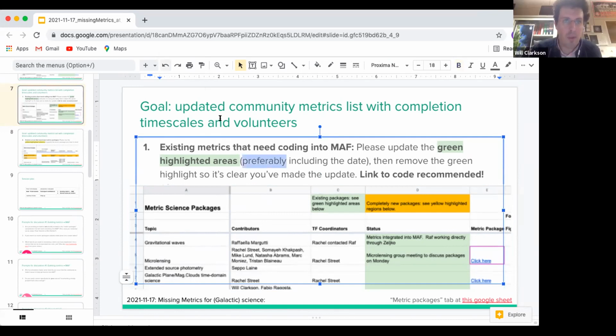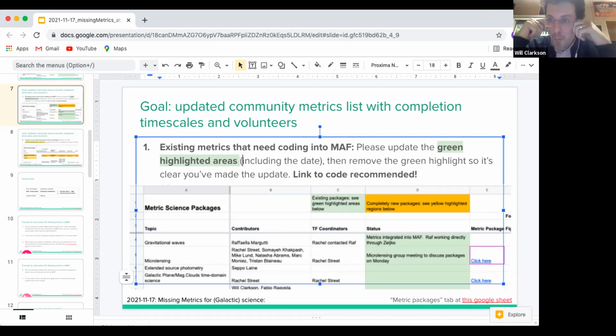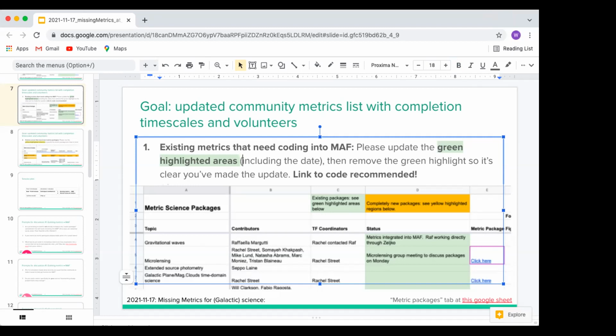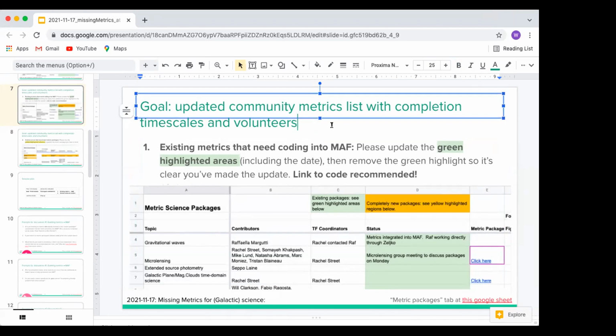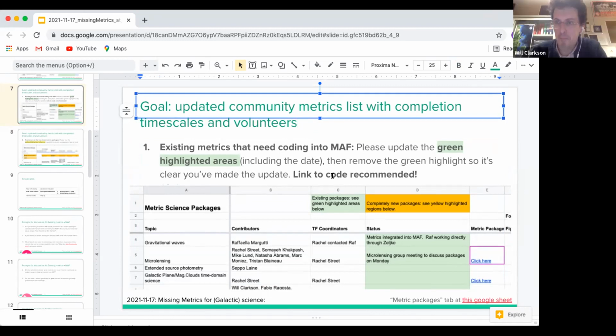Yes, that's a good point. I'm going to embolden that. Yeah, I think that's a good idea. Lynn, would that be helpful to you and the simulations team? It's not obvious. I mean, certainly if they update it and the date is very recent, and we have something we know we've had for a while, that is helpful. So yeah, it's helpful information, as long as it is actually updated. Okay, thanks. Okay, I see Poshak has his hand up. Poshak, would you like to ask a question?